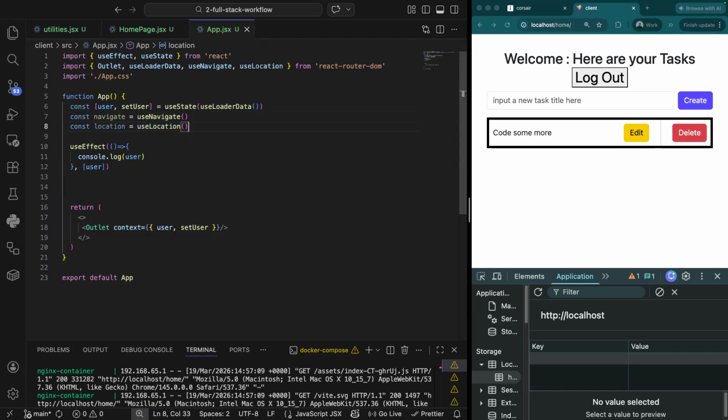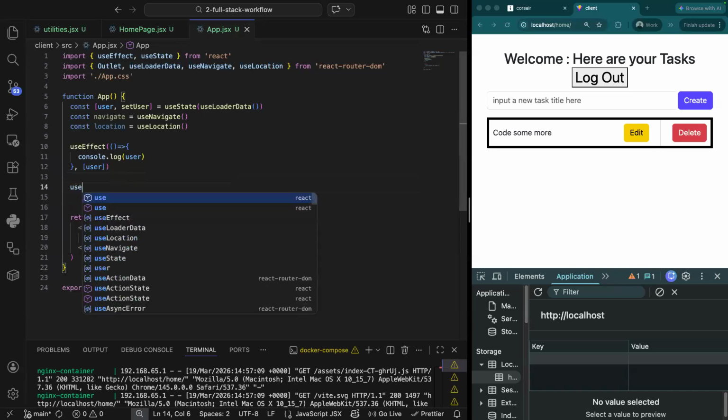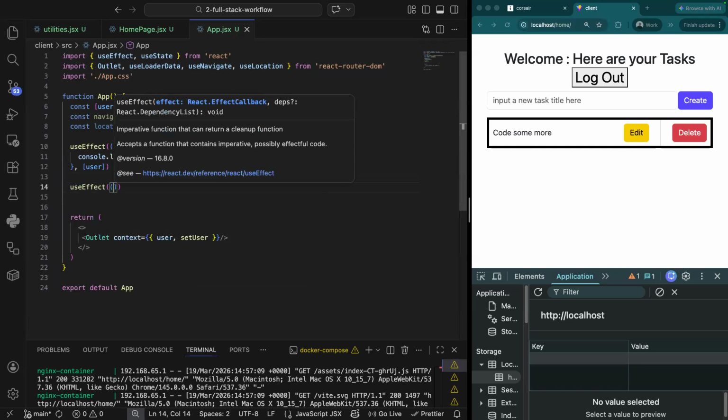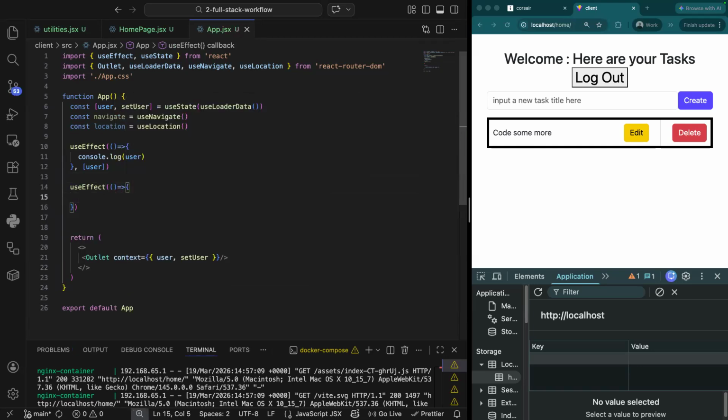Now, use location simply just returns to us the location of the browser. Right? We could utilize just plain JavaScript, but because we're using React Router DOM, it's best to use the built-in tools just to make sure we don't get any sort of unexpected behavior. Well, now it goes into the process of just simply creating a use effect. In this use effect, I'm going to check a user. So I'm going to say if there is a user and